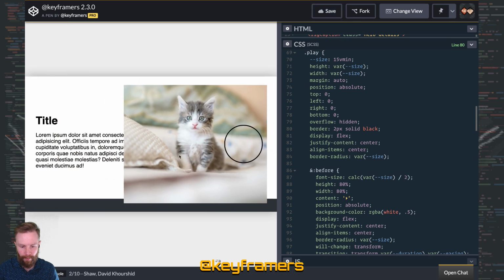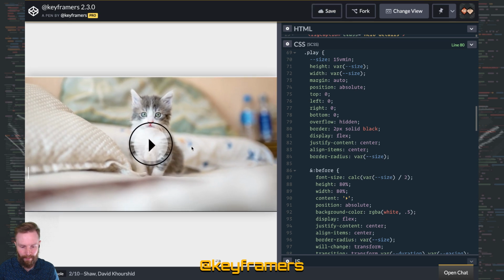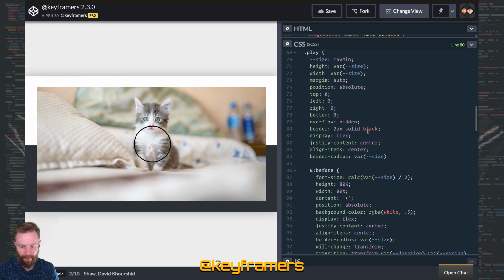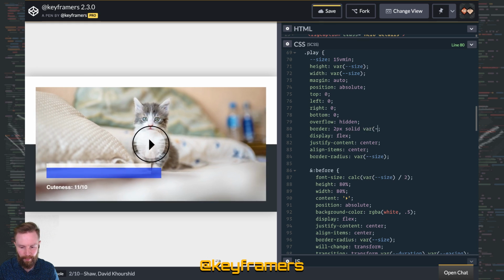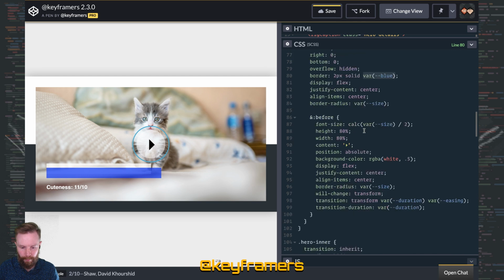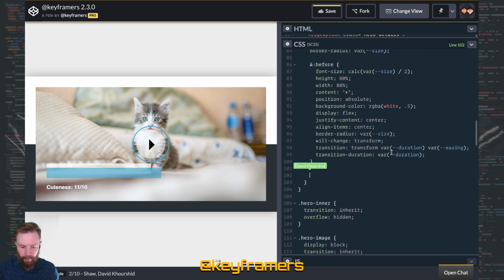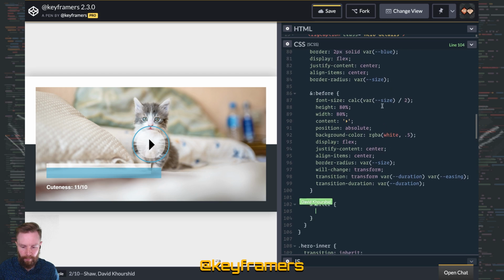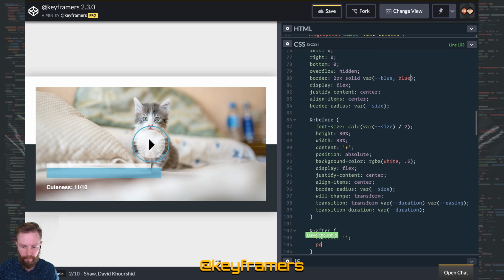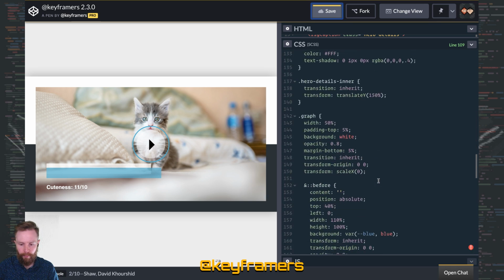It'll be fine. This is one of our stylistic takes where in the original animation it was coming off from a flat thing, but now having it come from a circular thing. So the border is actually there just for illustrative purposes because I'm going to show you what I'm going to do. I'm going to add an after pseudo element, and that's going to be content, position absolute, and top 0 left 0. And I'm going to have a border of like